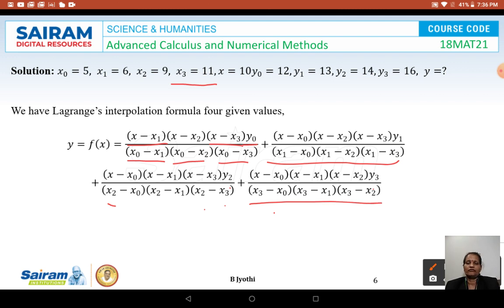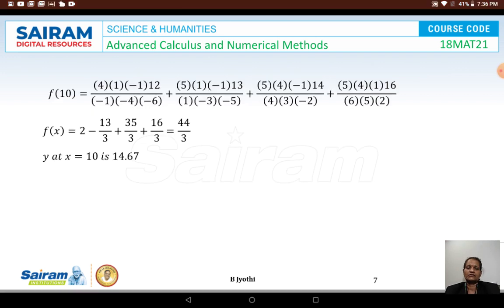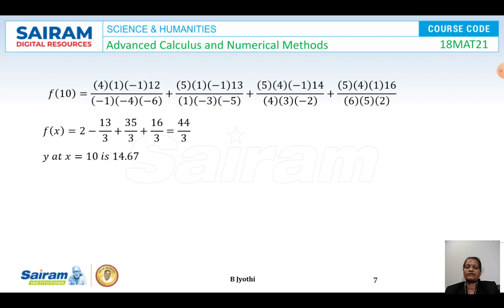This is the formula for Lagrange's interpolation for the given values. Now let us substitute the values of x0, x1, x2, x3 and y0, y1, y2, y3. So f of 10 is given by 4 into 1 into minus 1 into 12 divided by minus 1 into minus 4 into minus 6 plus